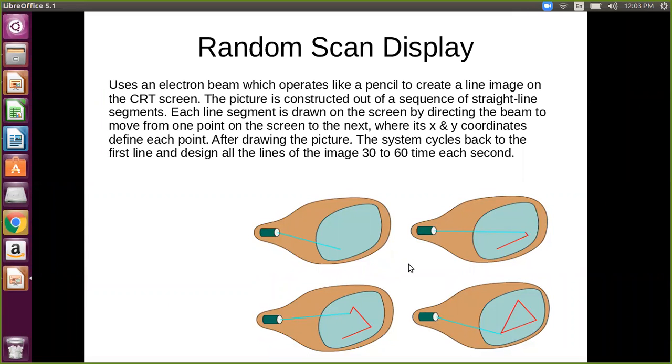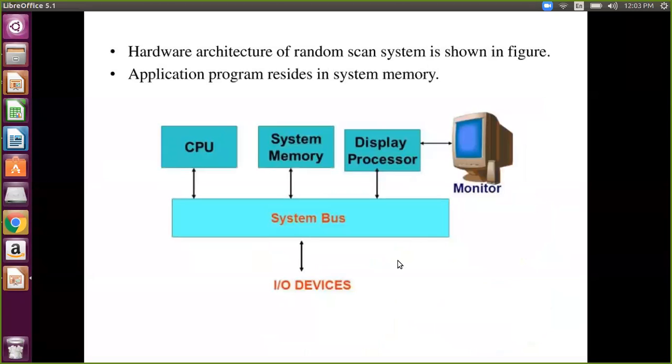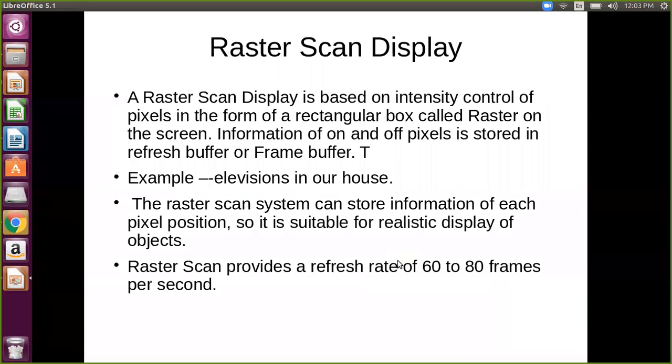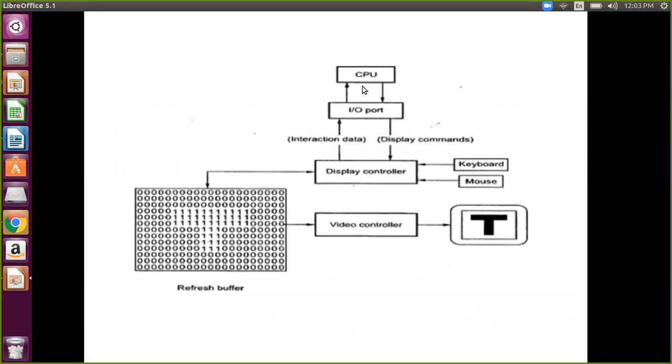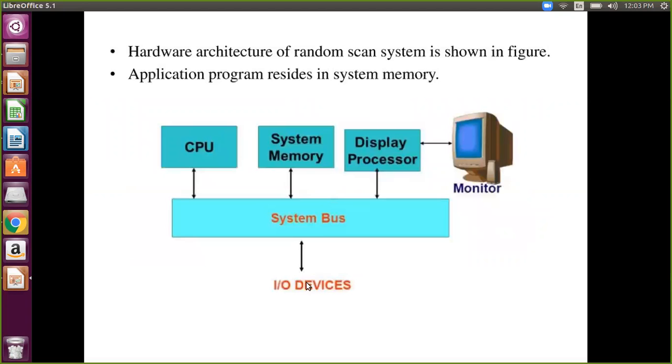And there are some advantages and some disadvantages of this. So what are the advantages of raster? That means this process, if you are doing like this, what are the advantages? We will see, but before that, we also have to see the architecture, how it is going to perform. Likewise, your input output device is connected with the CPU and the memory through the system bus, like this. Your IO devices are connected with CPU and memory with this system bus, and the display processor is also there.